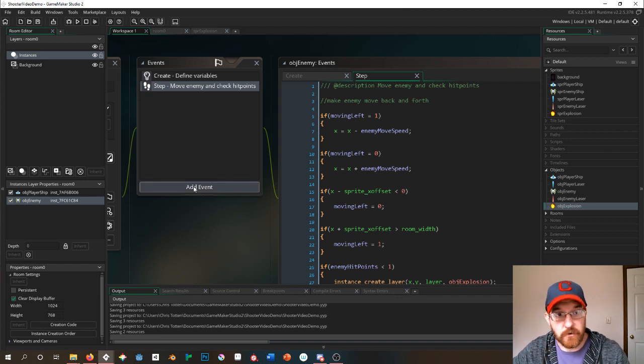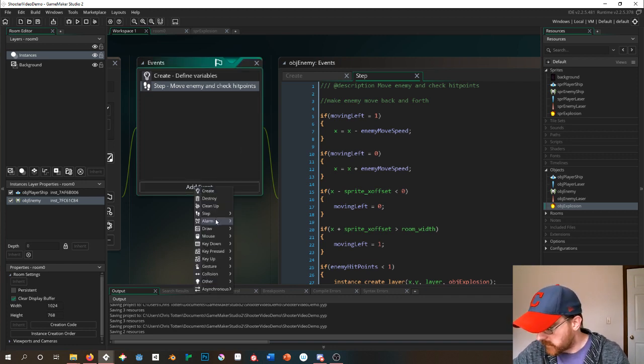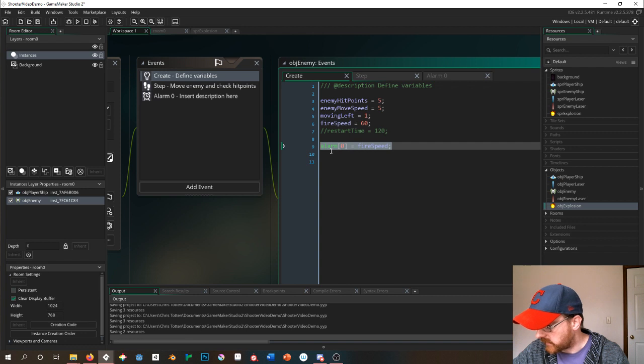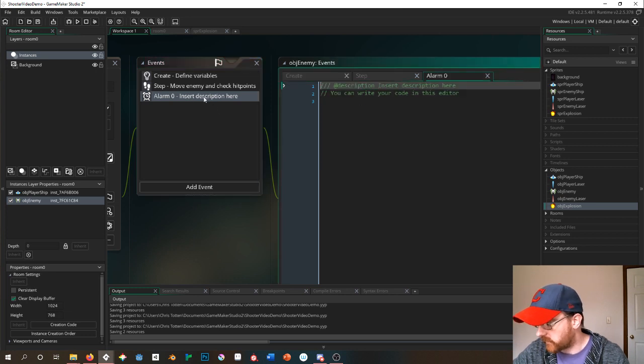Now I'm going to add another event, and this one's going to be an alarm event. Now remember I talked about that countdown timer, which we created back here in alarm 0. So this is basically saying create an alarm that is alarm 0 called fire speed, or that is at the length fire speed. So now we say we want to use that alarm 0. So do you see how it correlates? So if we go to the alarm 0 script, now what we can do here